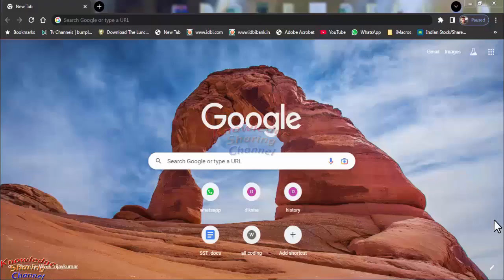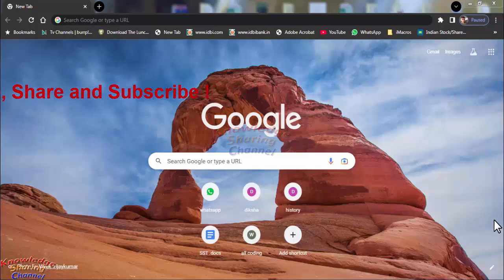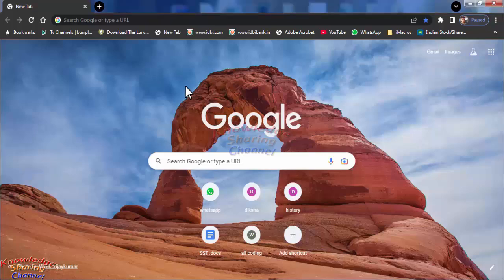Hi friends, I am Ankit and today I will show you how to find Gmail account by phone number. Friends, if you have forgotten your old Gmail ID and want to know all the Gmail IDs made by using your phone number, then you need to open